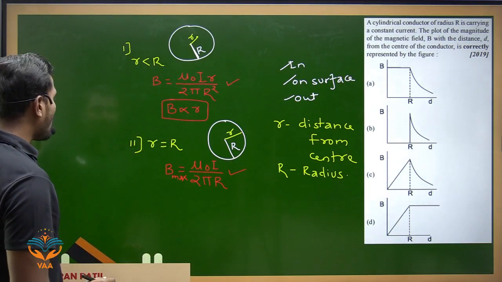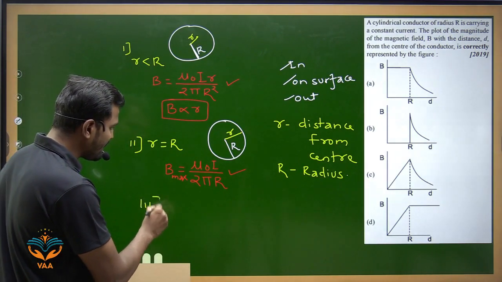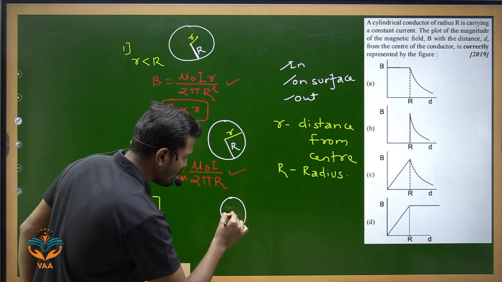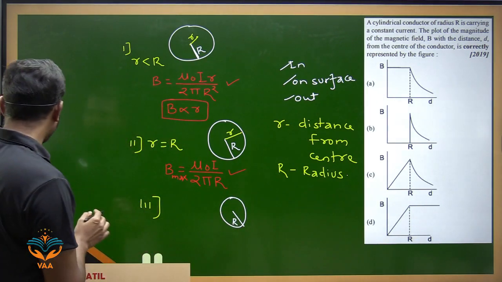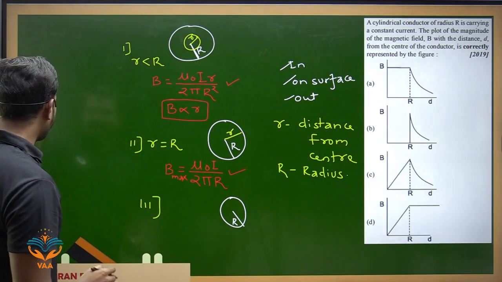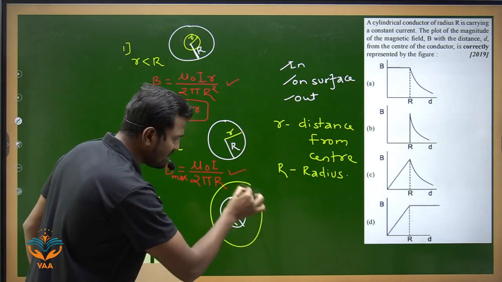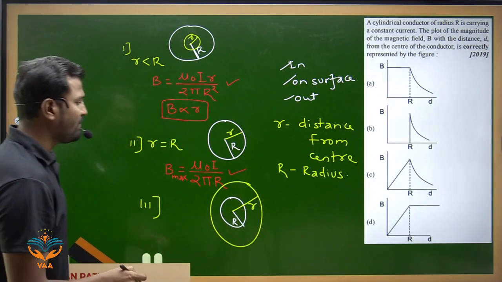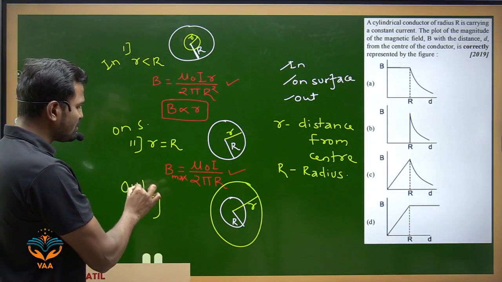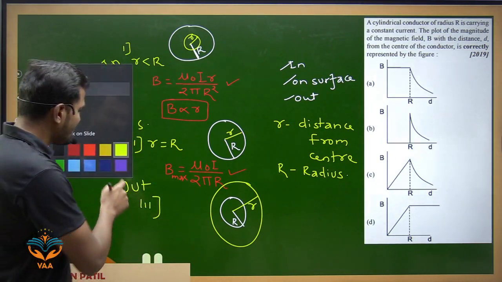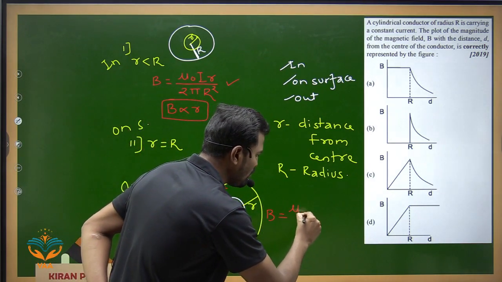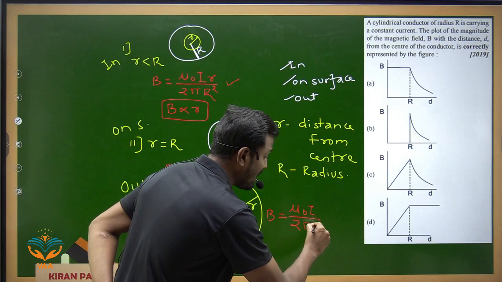Now if I want to talk about the third magnetic field, third case will be what? This is the wire we are talking about. This is the concerned wire of radius R, and I want to find magnetic field. In first case we found magnetic field somewhere here. In second case we are finding the magnetic field at a certain distance small r, which is outside. This was inside, this was on the surface, this is outside the surface. So for this particular case, the concerned magnetic field B here is nothing but mu naught I by 2 pi r.